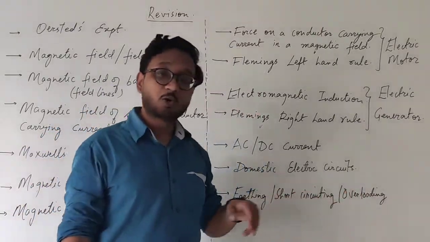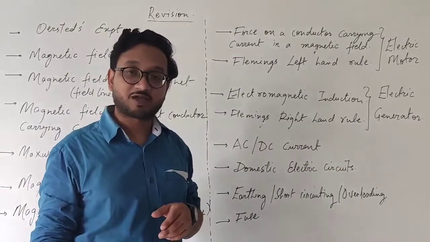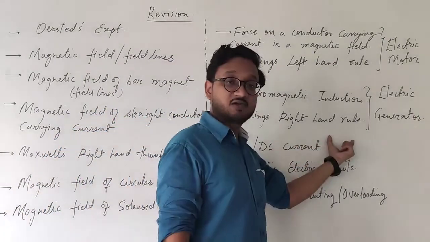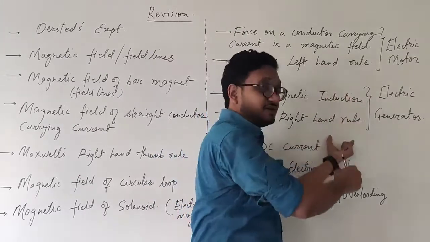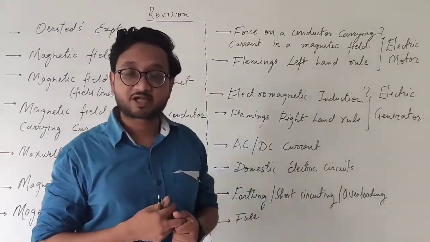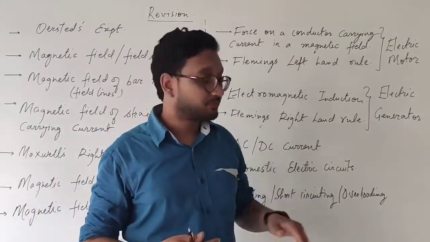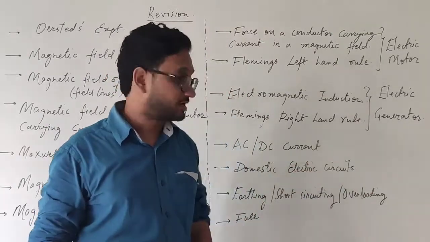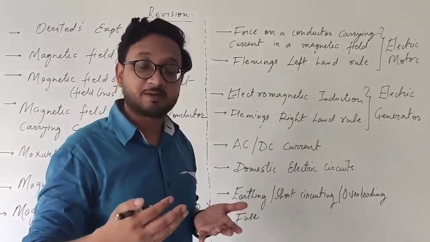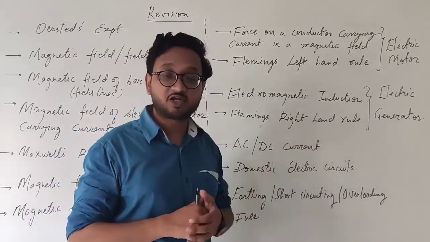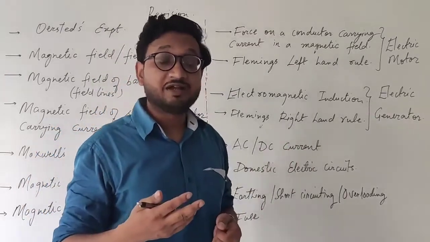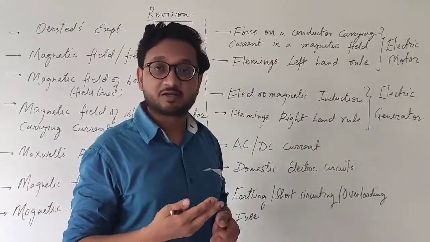Similarly, overloading is another. We all have the habit that sometimes we are using smaller appliances. We have a socket and we use a 3-pin in which we can connect 3 devices together, so that all can use the appliance at the same time. So using more than one appliance on a single socket can cause overloading. As the name suggests, we are using a lot of current at the same time. And we have studied in the previous video, in the previous chapters, that when more current passes through, then heating effect is generated in the circuit.